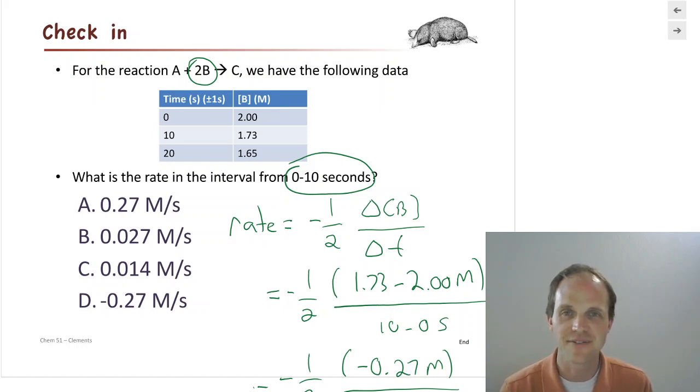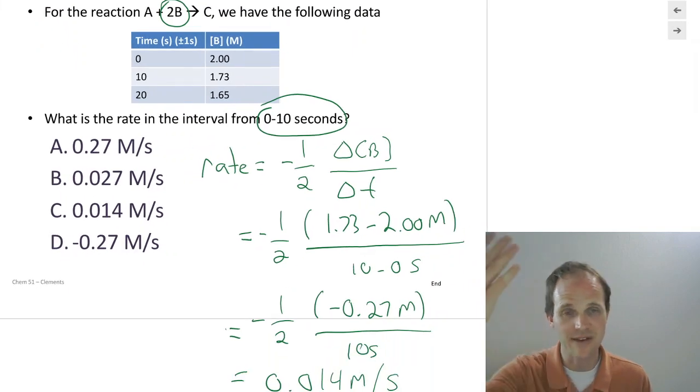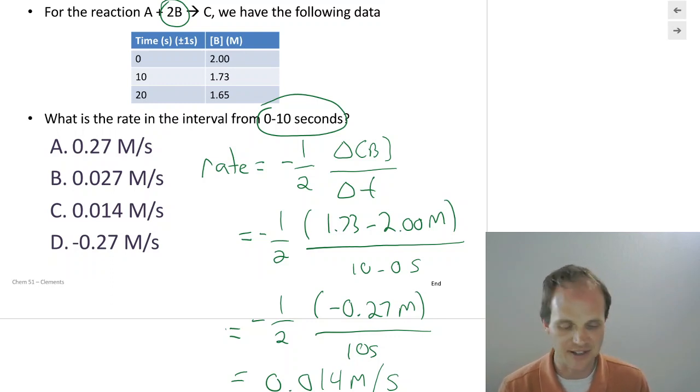So we have calculating rate using those definitions of rate. What we're going to keep doing is we're going to find there's different ways to define the rate. This is great when we have data versus time, but sometimes we don't have that. We have other information available to us, and so we're going to see different ways of calculating the rate. It's going to be the same rate. We should get the same number no matter which way we calculate it, but we're going to find there's alternate ways to calculate it as we go forward.